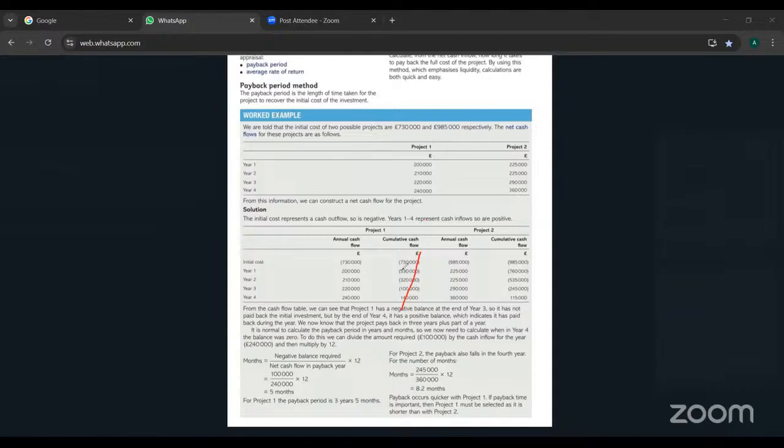Okay, so in the textbook, a textbook method is a payback period. So here, instead of initial cost, put 0. So this will be the year column, and put 0, year 1, 2, 3, 4. And then under annual cash flow, under year 0, you all have to put the cost of the project. So look at this. They are saying the cost of the project is 730,000 for project 1. So that's why they have put 730,000 here. And then under cumulative cash flow, so year 1,